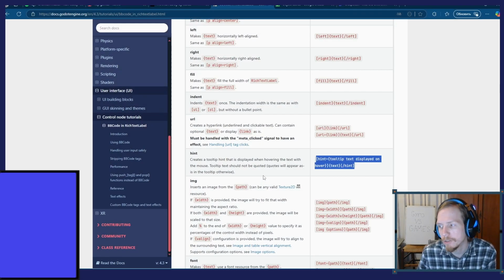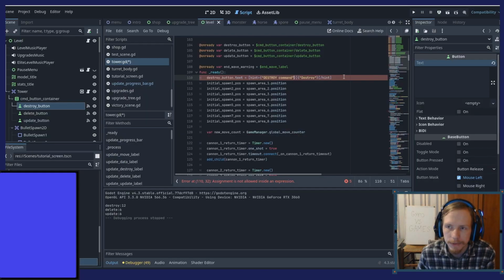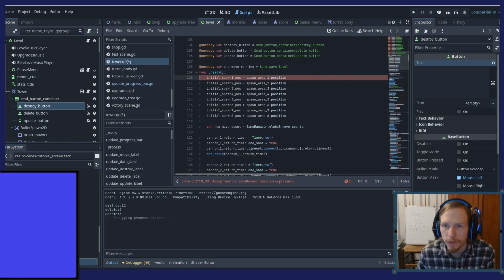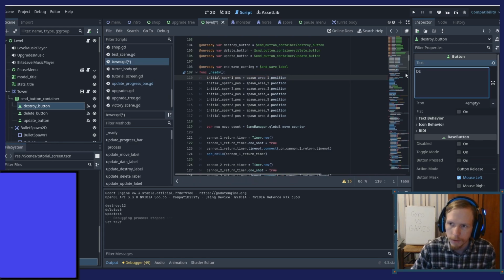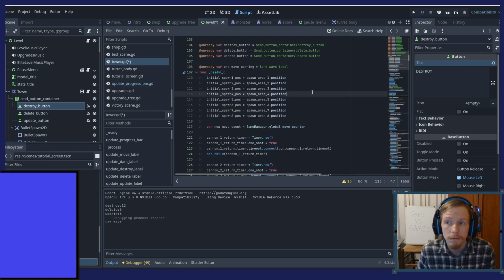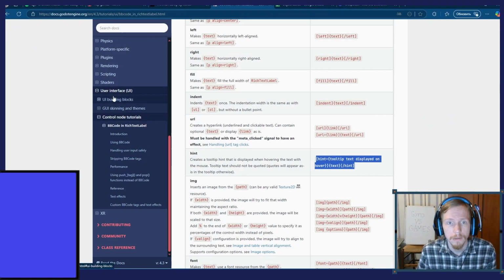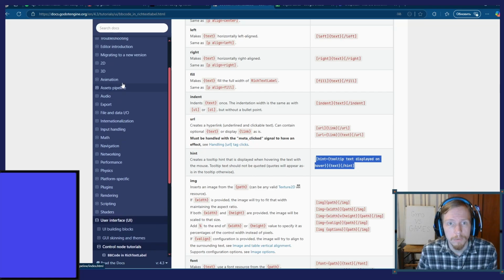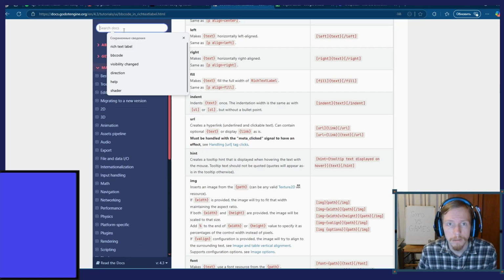Oh, it's because I'm stupid. It's because it's working for the rich text label. I cannot make it work for buttons. Or can I? Maybe I can. Let's see. Where's our buttons?